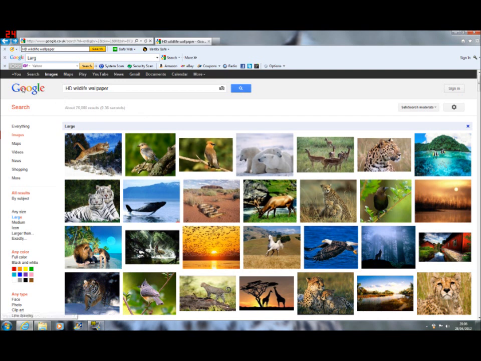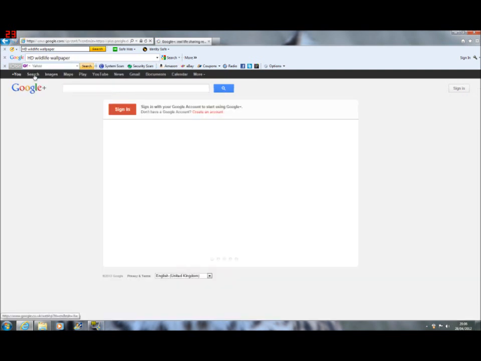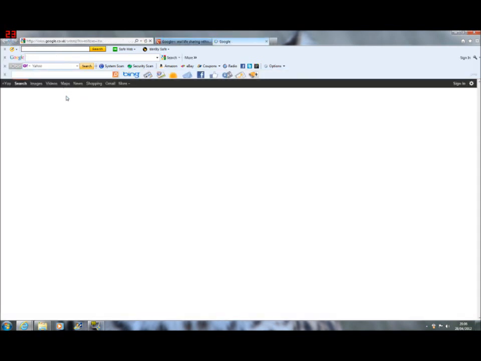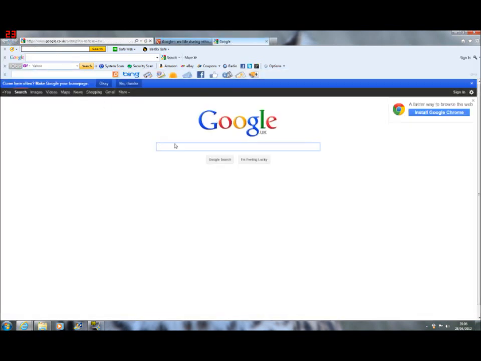So now you've got a good background, you want to get the dock. That's if you want a dock. If you don't want a dock, you just want to keep icons, just skip to the RainMeter section if you want that. So to get the dock, you want to go to Rocketdock,